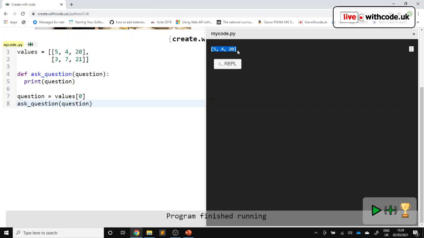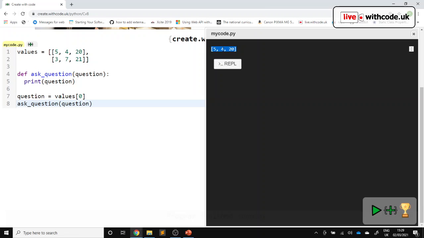Now we're going to make the data look a bit more useful for us. So we're going to say, what is 5 times 4? And make the user type in 20. So instead of print, we'll say input. I've got insert mode on. We'll use string formatting